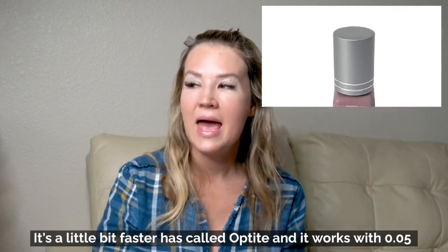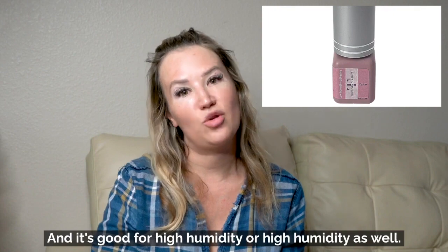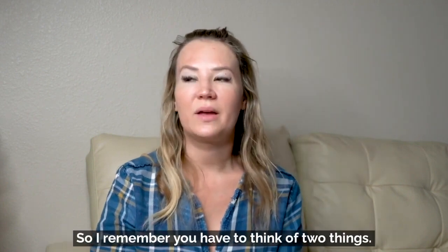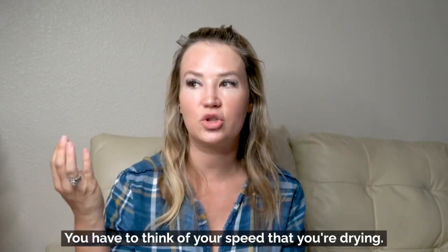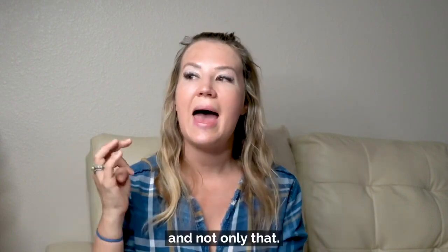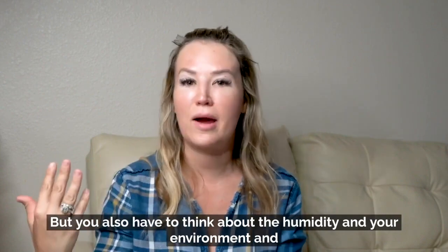It's called Optite, and it works within 0.5 seconds, and it's good for high humidity as well. So that's what's really important to remember, is you have to think of two things. You have to think of your speed, your drying, how fast you work as a lash artist when you're picking an adhesive, and not only that, but you also have to think about the humidity and your environment and